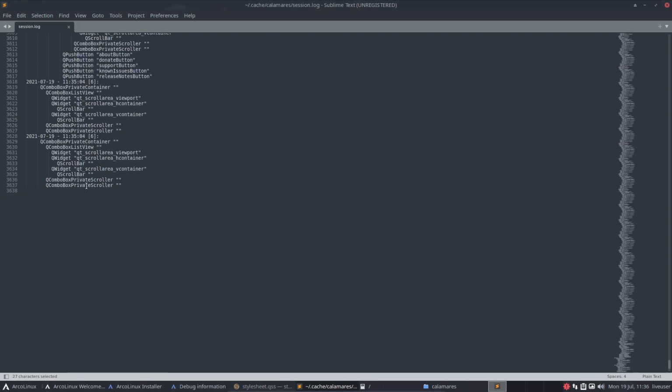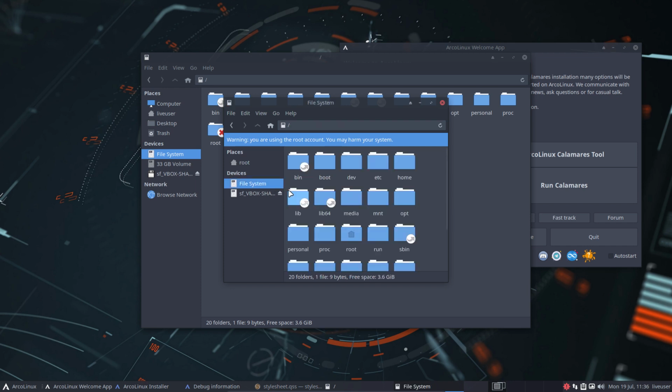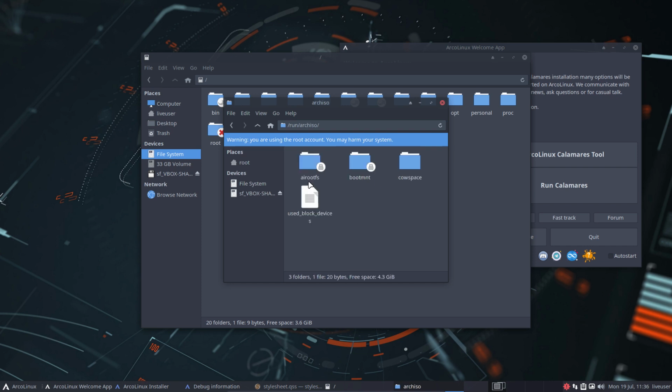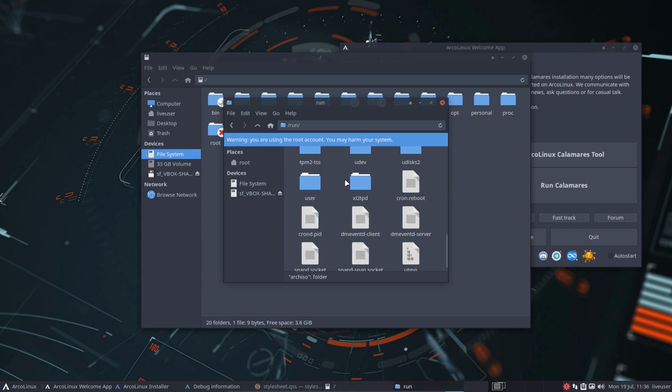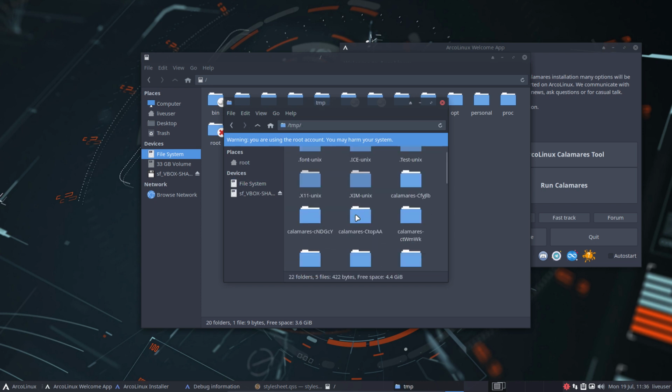That's the tree, as he calls it, and that's where the code comes from. So that's that. What else should you know? Of course there's the session log, and the file system is actually going to run here in the Arch ISO run. This is your ISO that boots up, and your future system is going to be in the temp folder. Since I've booted up Calamares several times,